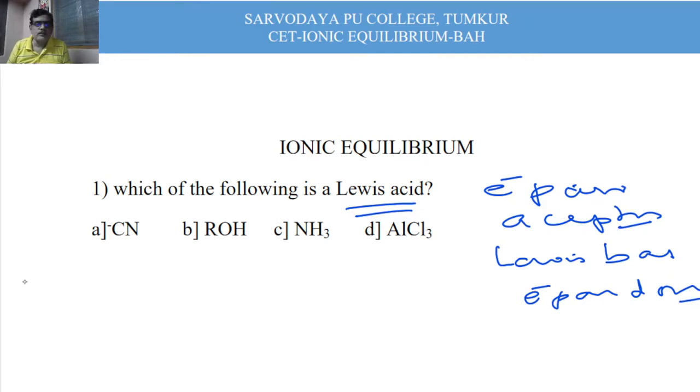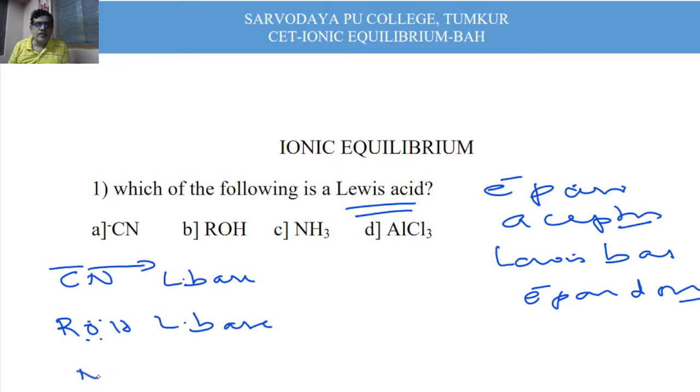So in the first option A, we have cyanide ion with a negative charge, therefore it will act as an electron pair donor, therefore it is a Lewis base. In alcohol also, there is a pair of electrons on the oxygen atom, therefore it will also act as a Lewis base. And in case of ammonia, there is a pair of electrons, therefore it is also a Lewis base. If you know the Lewis octet theory, then you can easily understand how to apply the structure of a molecule based